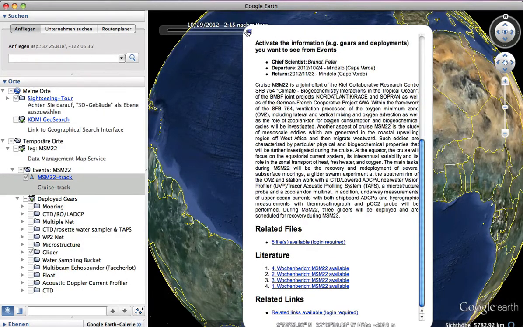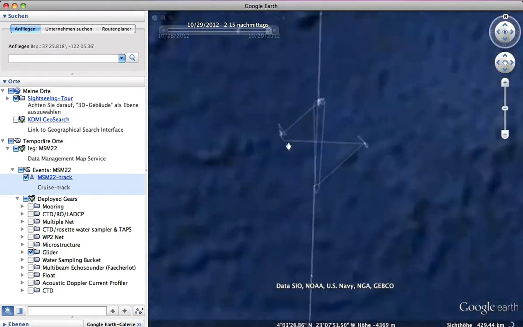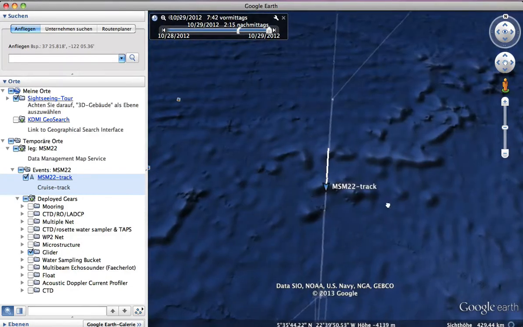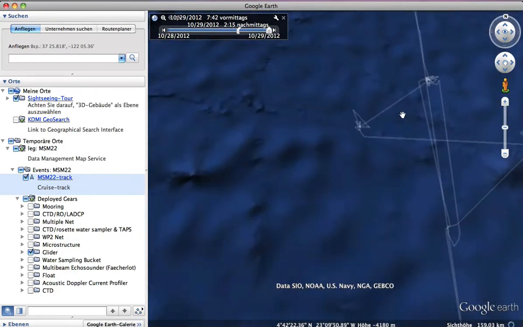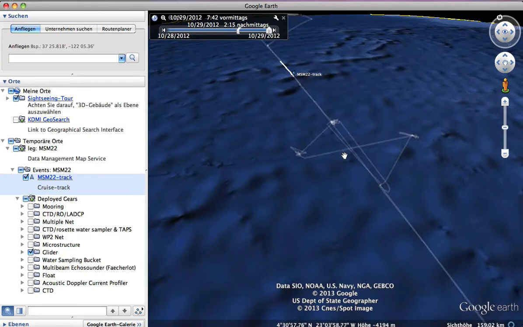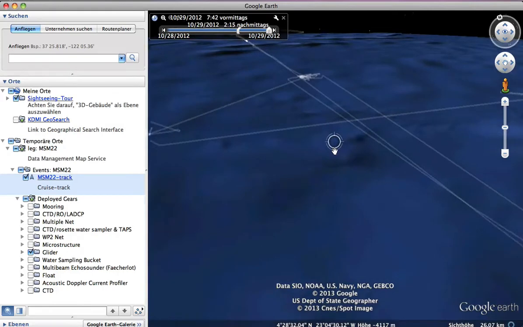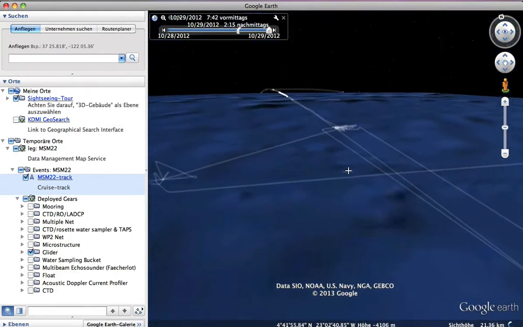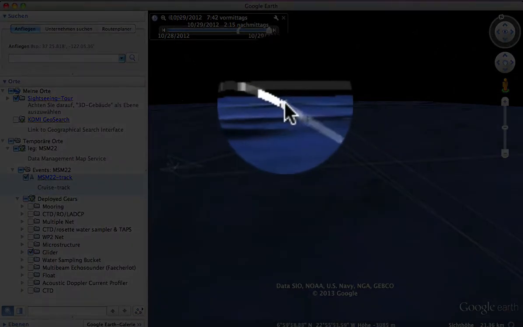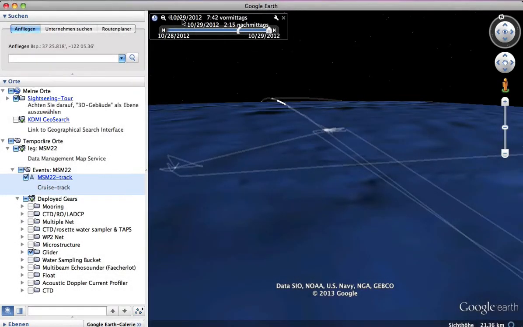And I wanted to show you one certain thing, how you can use the time animated track lines just to show the user a little bit more about the science you're doing. So what you see back here is actually the icon of the ship that is approaching,